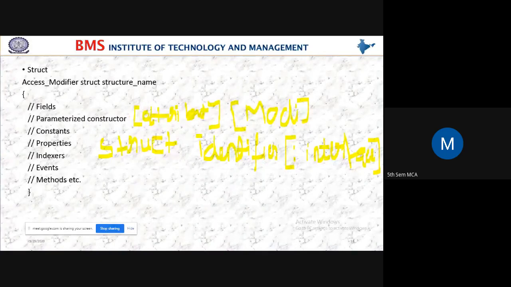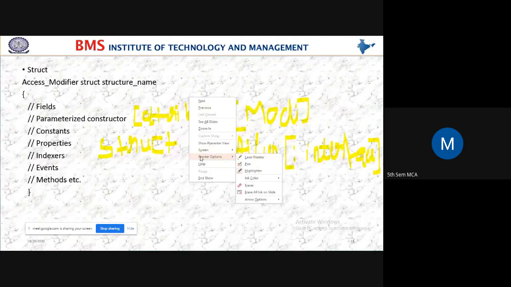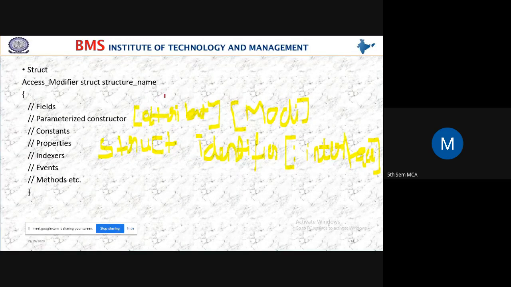Yes, students, when you see this syntax, when I explained the class syntax, that time I told you, whatever we mention within the square bracket in the syntax, those you should not use. Respond. Those you should not use. Here I am putting a cross mark. The meaning of the cross mark is, you should not use.